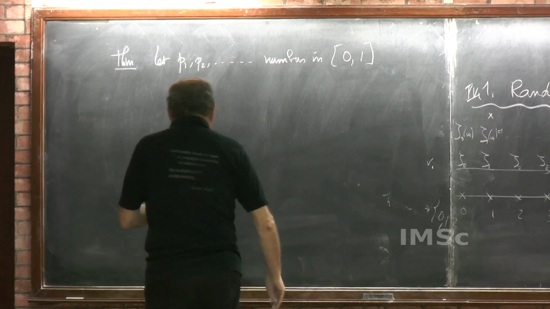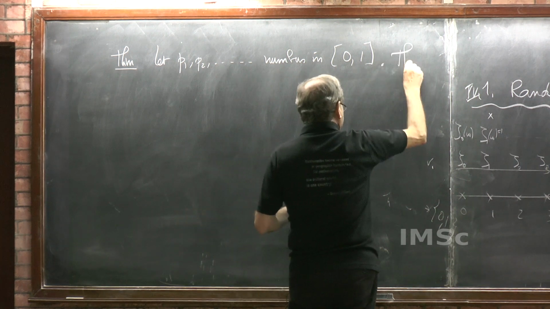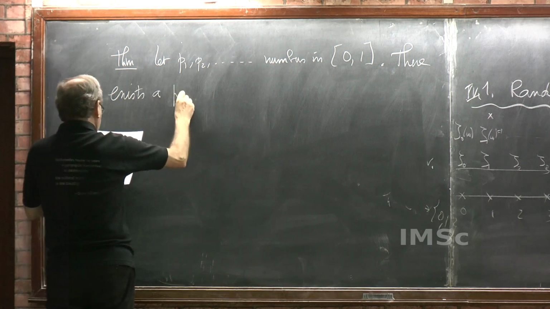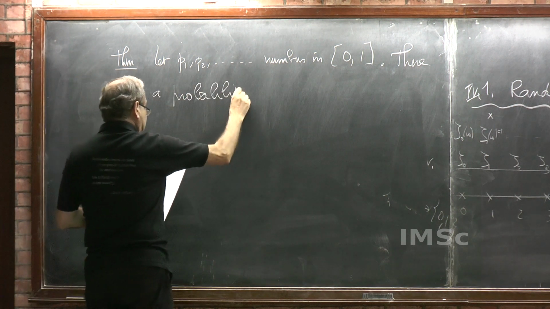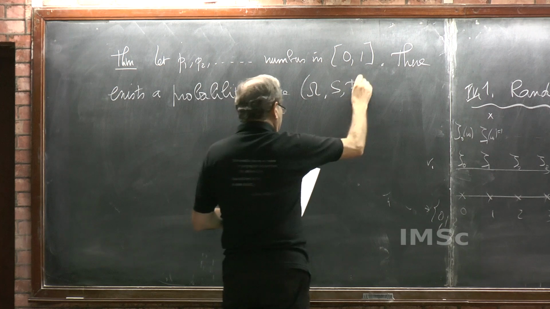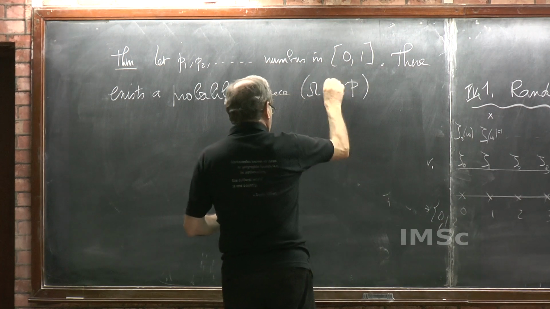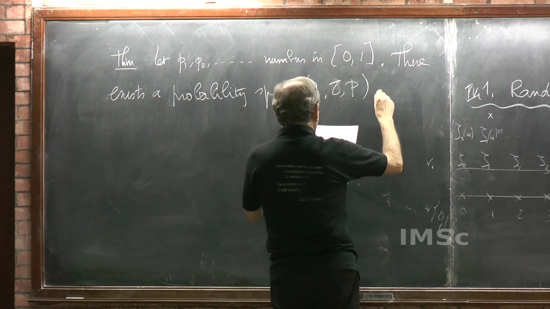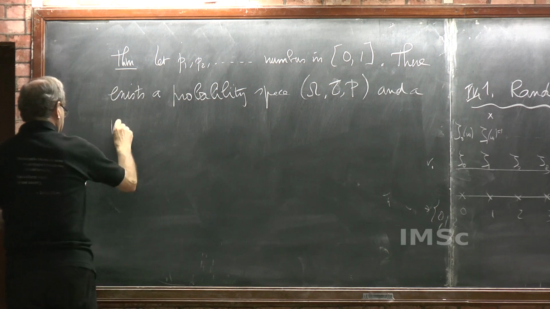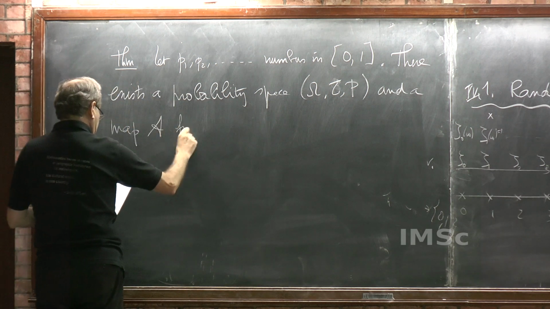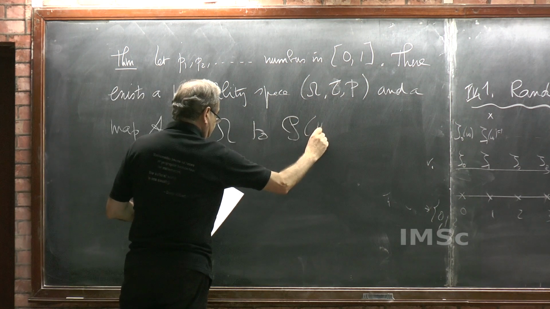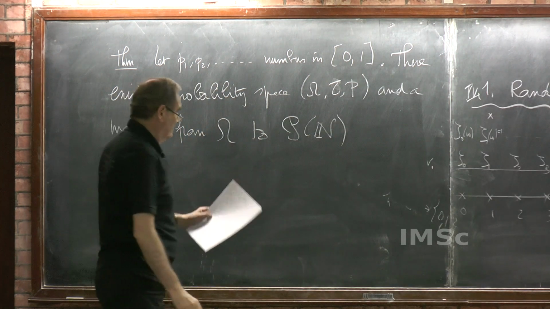Then there exists a probability space, omega with sigma-algebra tau, and a map from omega to the power set of N, such that